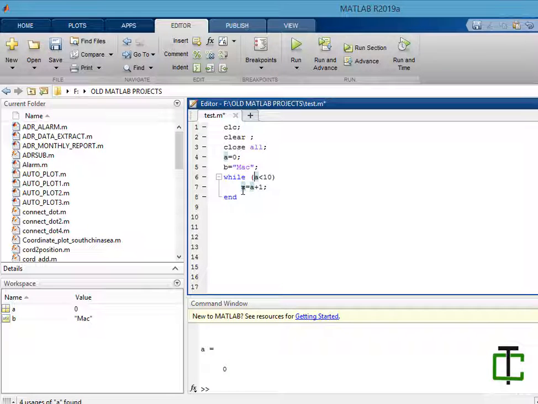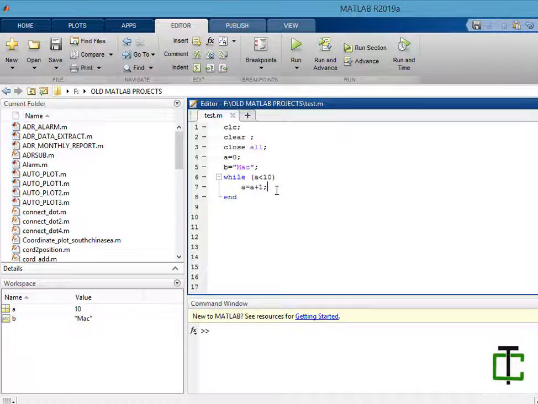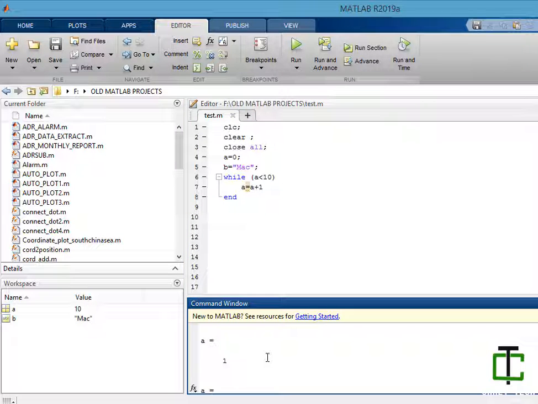Okay, now run it. Sorry, I have put a semicolon here, that's why the command window is empty. So remove the semicolon. Here you go. Okay, a equals 1 to 10.